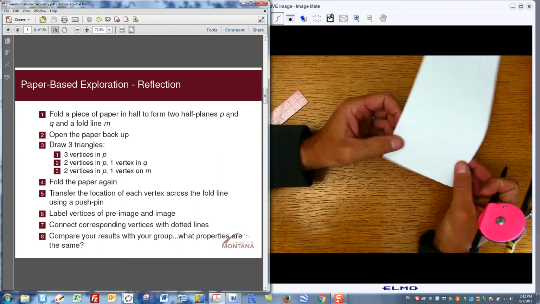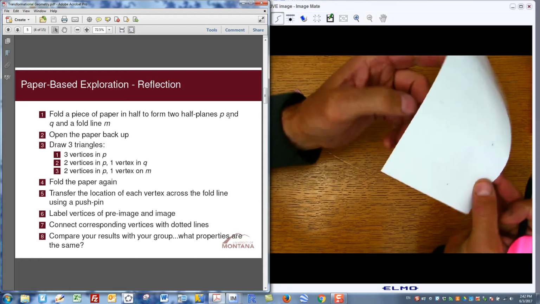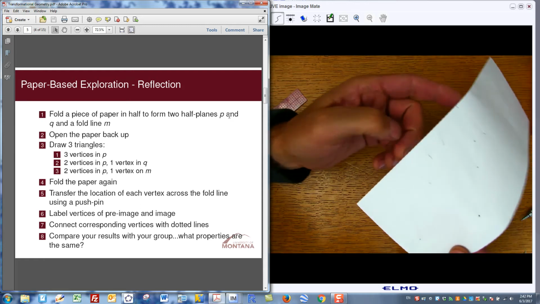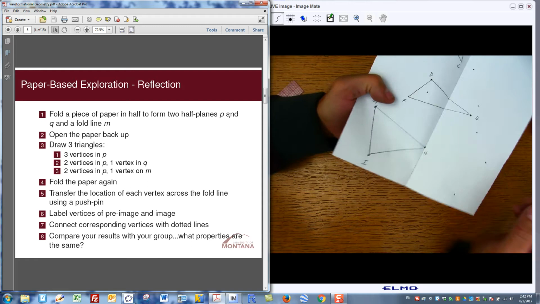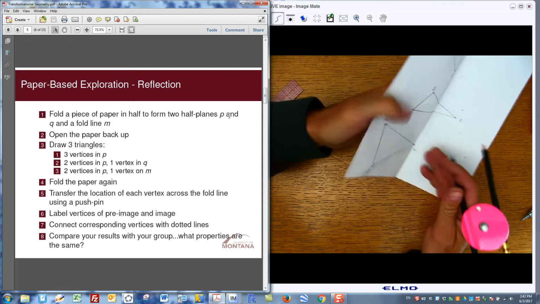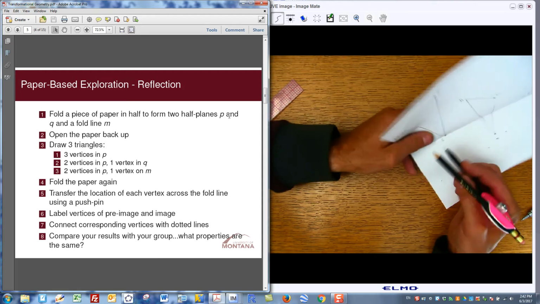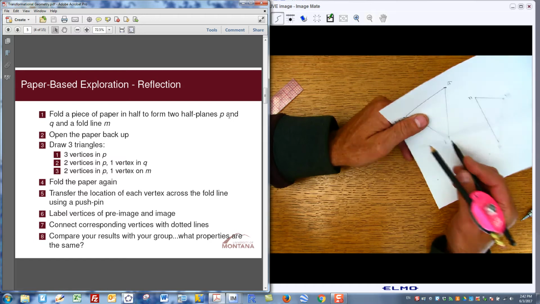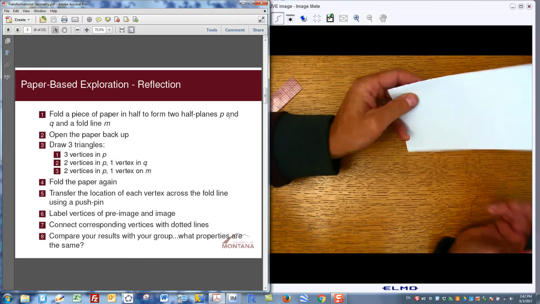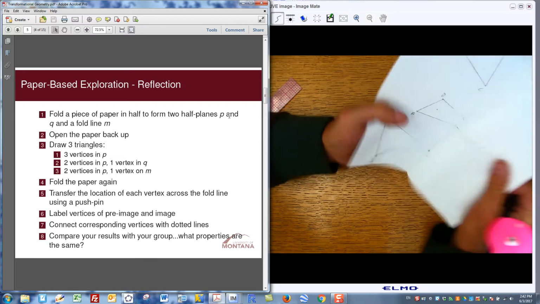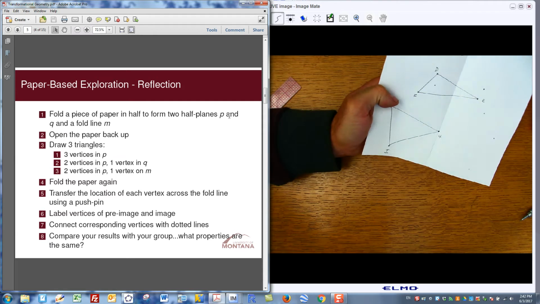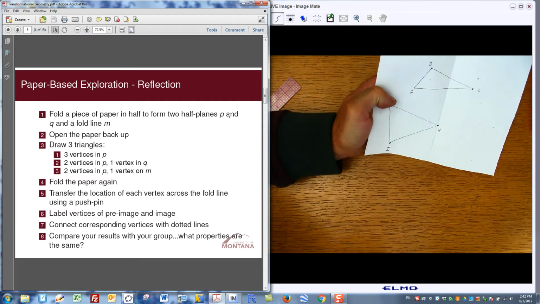And of course, I always get the question of, well, how do you want me to transfer that last vertex across the fold line for the one that we actually drew on the fold line? And I say, go ahead and just transfer it. I don't really say anything. I don't try to give it away, do it however you want. Sometimes I see people transferring it like that. Otherwise, they'll open the paper and just punch a hole. And then it says to